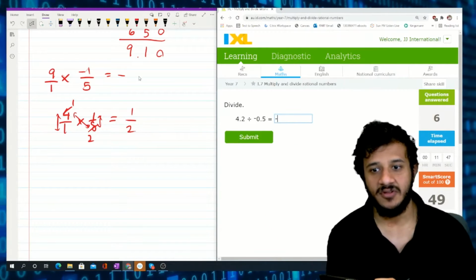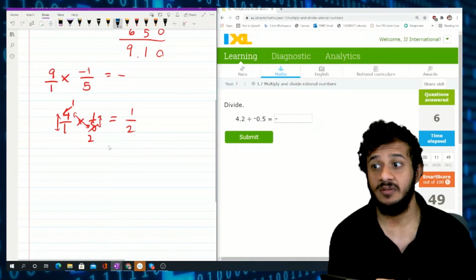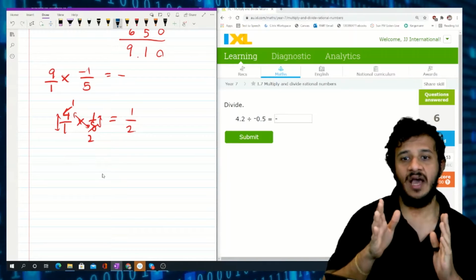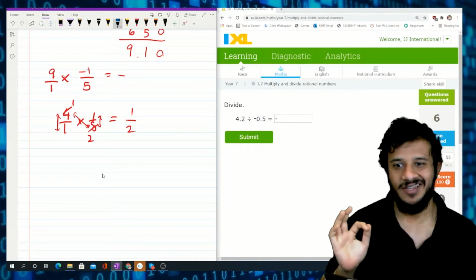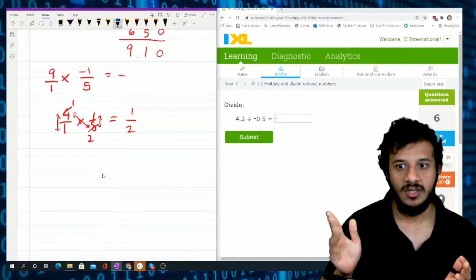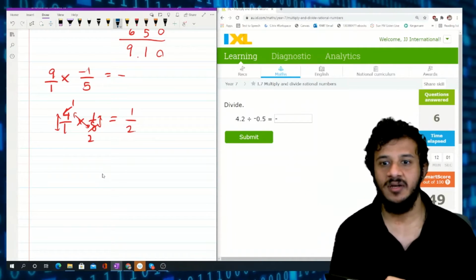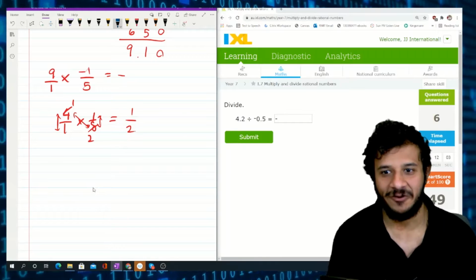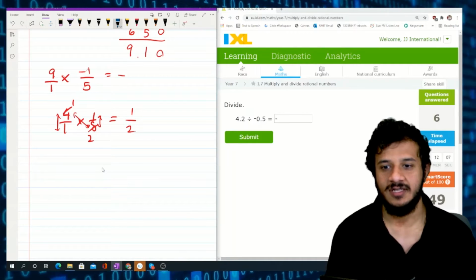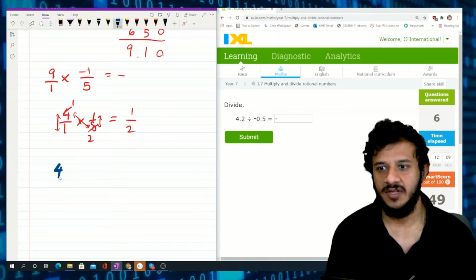And then I have taught you guys how to do negative divisions in such situations. You can either make them into fractions and then do the division. That would be easy rather than thinking a lot, so I would go with that method. If not, the other method I have already taught you is how to divide a decimal by a decimal, but I feel like we can write 4.2 as